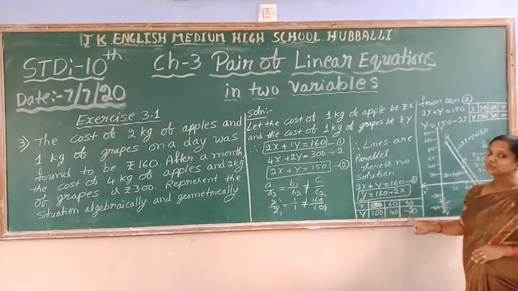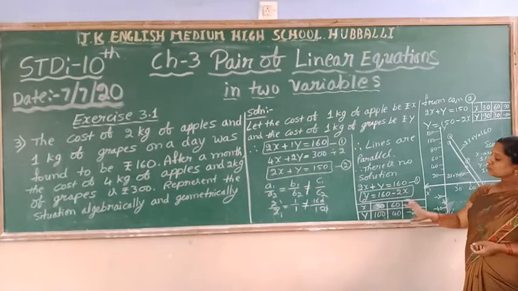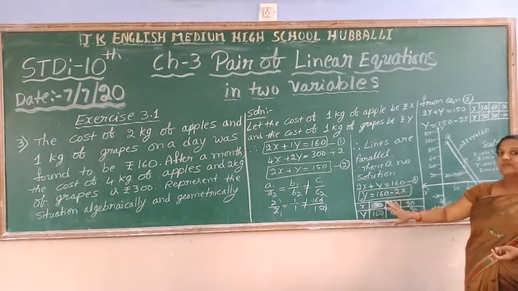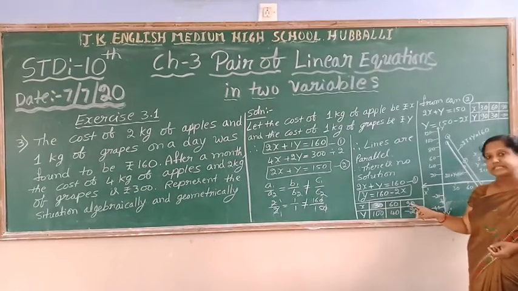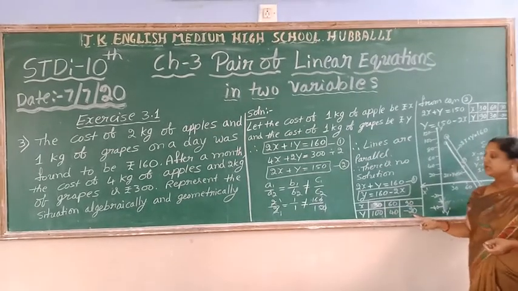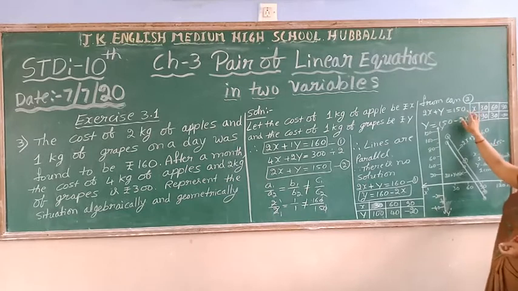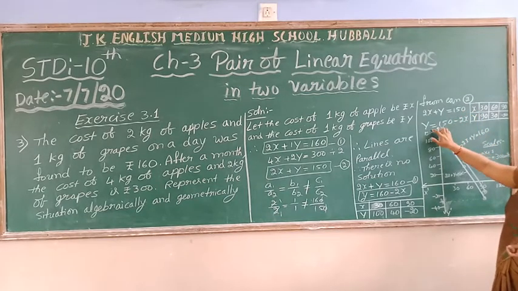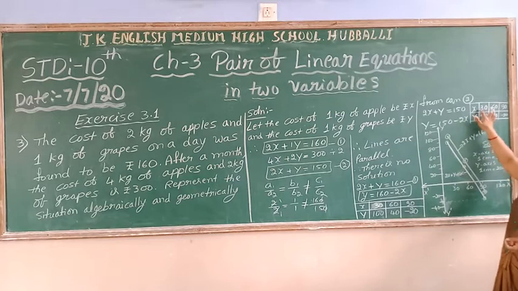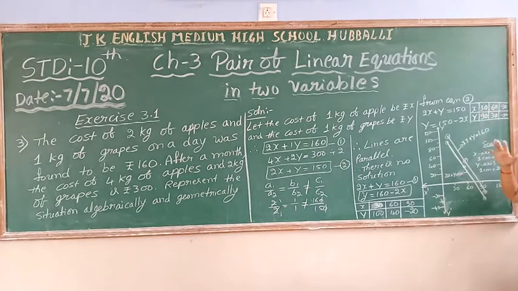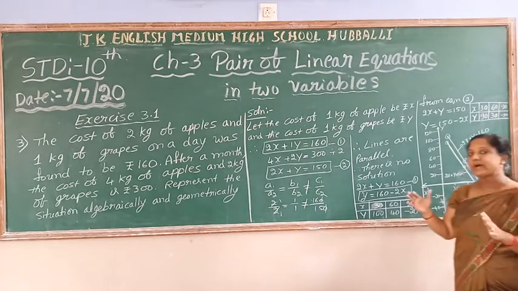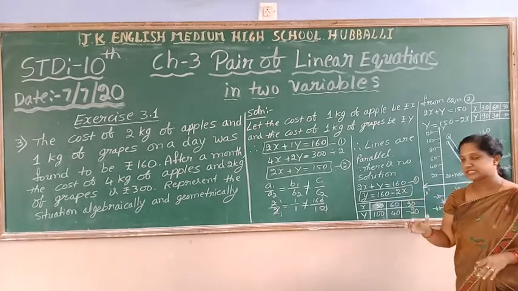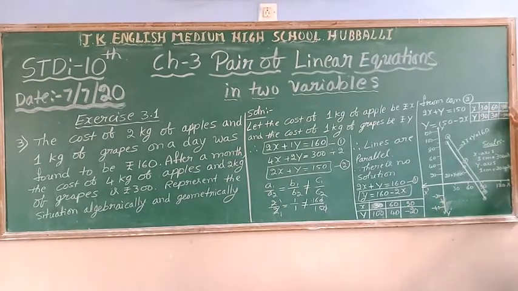That simplification I have not written here, but directly if you substitute the x value you get the y value. Already you know how to represent graphically. So take one equation, convert it in the form of y, substitute these values in place of x, and you get the y value. In the same way, consider the other equation, equation 2, convert it in the form of y, and give the same values for x, because both the lines are parallel. Then you mark them on the graph sheet and you get two parallel lines.